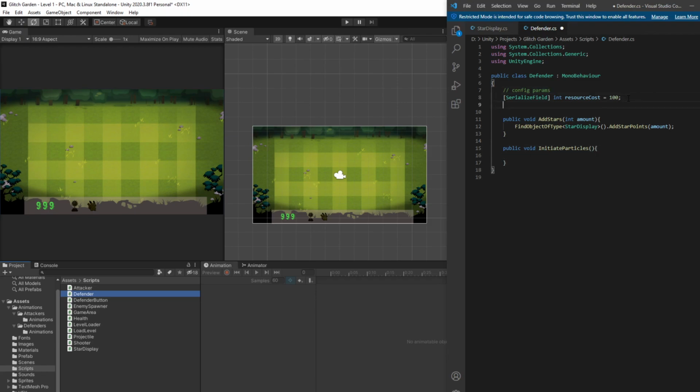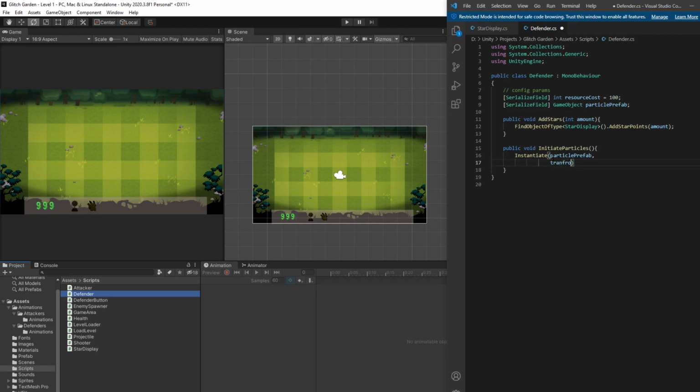So we can do like serialized field, game object, particle prefab, and then essentially instantiate particle object, particle prefab,